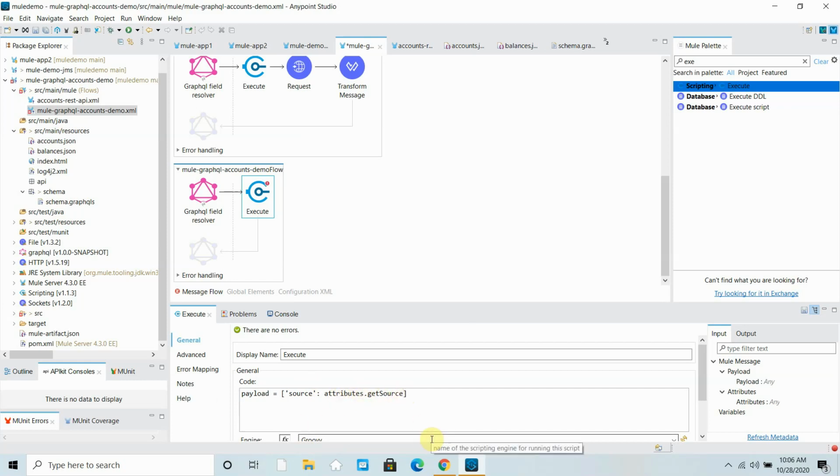And if you want to read more params or whatever, you can say params, attributes dot get arguments. Okay, source will be stored in the payload, so I will put a logger here.